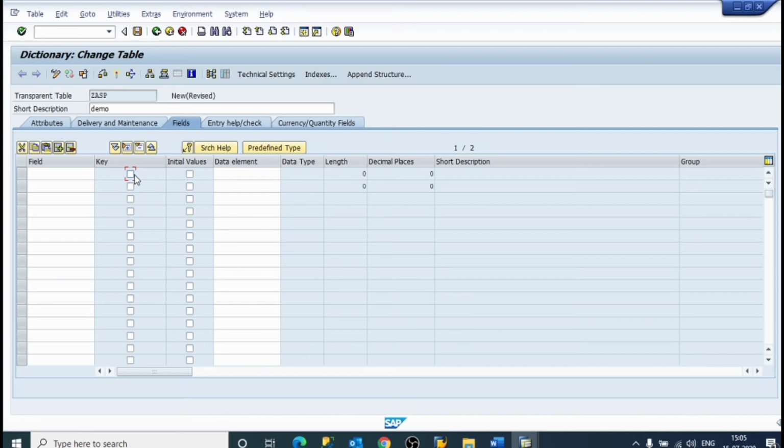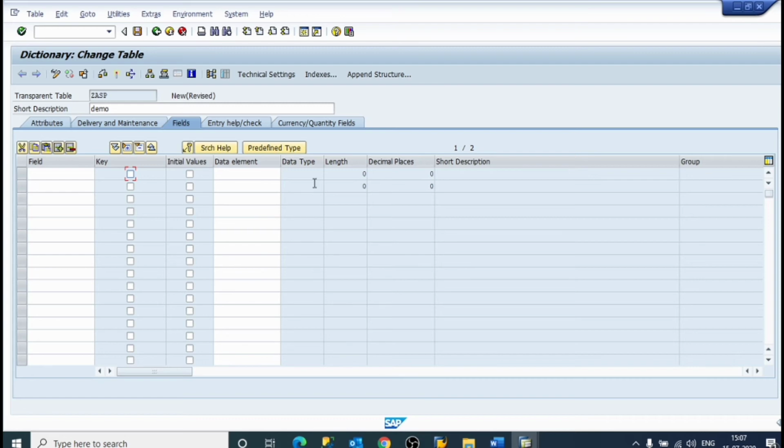Now we will see initial value. What is initial value? If the value of a field in a data record is undefined or unknown, it is called a null value. Null value occurs when new fields are inserted in the existing table or with insert on database view. Now we will see data element. Data element is defined as the type of table field, structure component or row type of a table type. A data element can be referenced in an ABAP program with type.